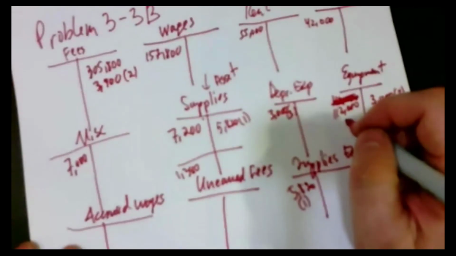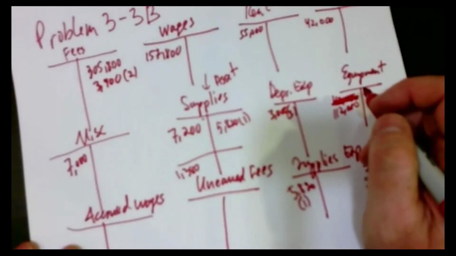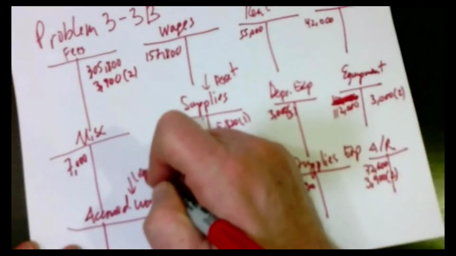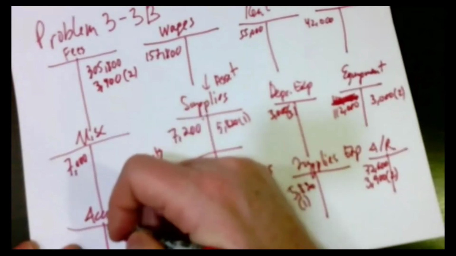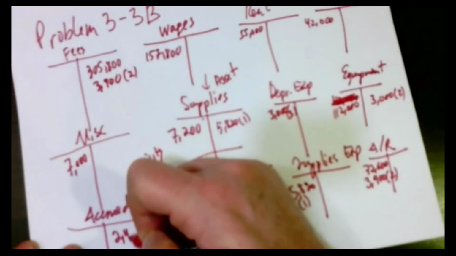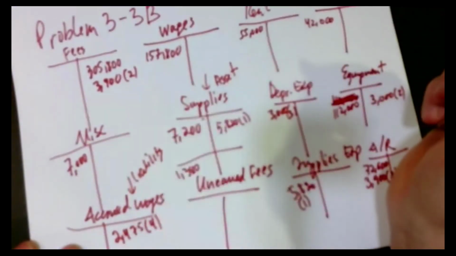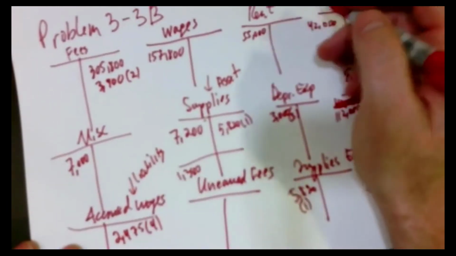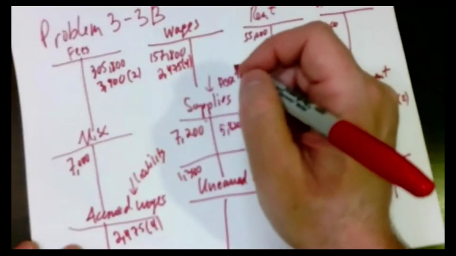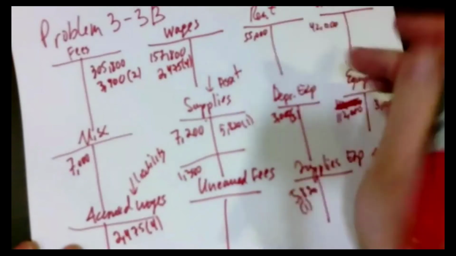Unpaid wages accrued were worth 2,475. You don't have right now an accrued wages account, which is a liability account. So you need to credit that for 2,475, and you need to debit, I'm sorry, wages, which is here, 2,475. The same thing. Sorry about that. So you can call it wages payable.